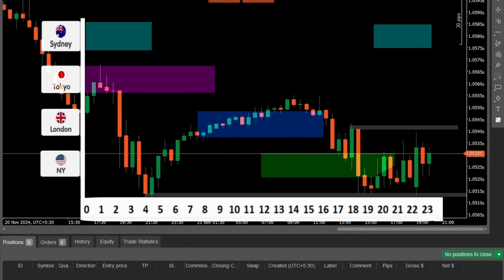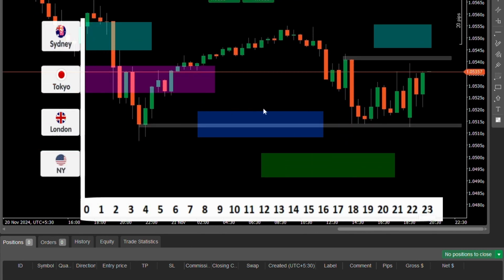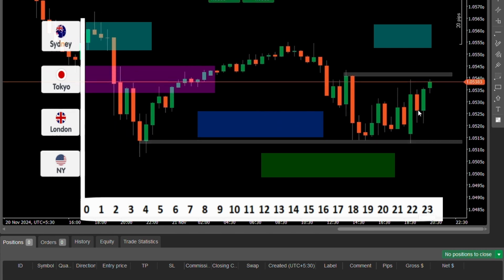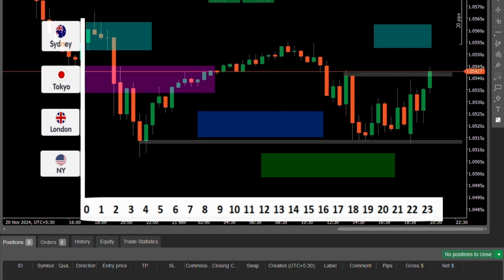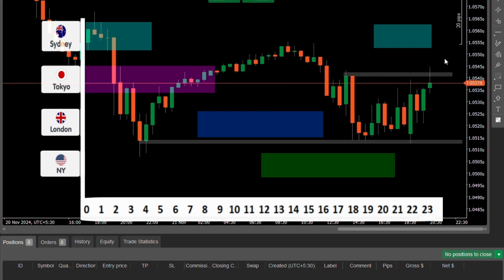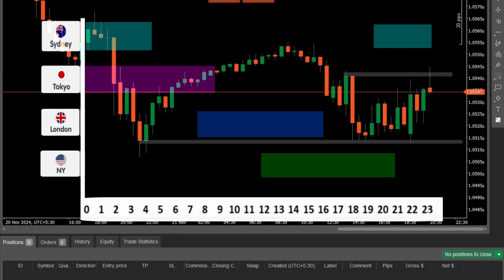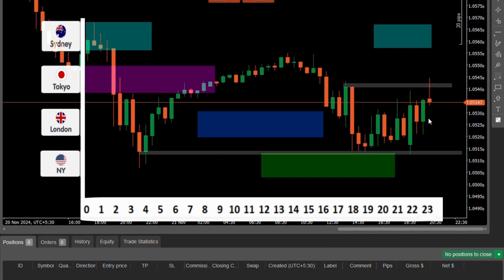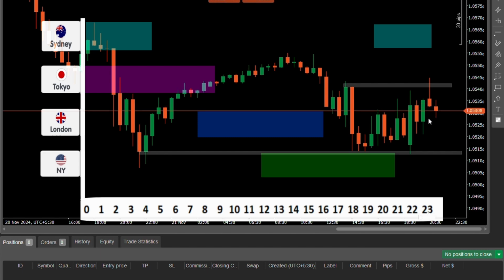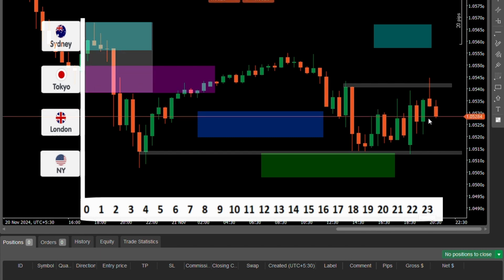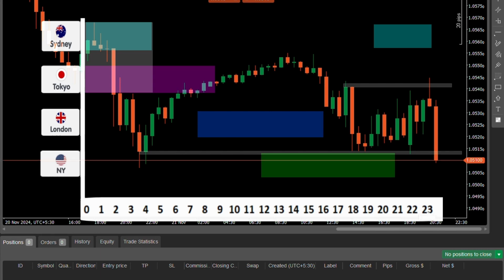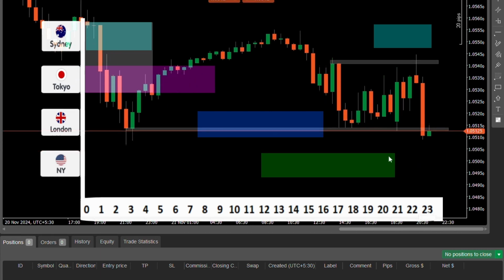Here we have the trading sessions overlap. The Sydney session opens at 8 p.m. and closes at 5 a.m. as per GMT, or in IST opens at 1:30 a.m. and closes at 10:30 a.m. The Tokyo session opens at 12 a.m. and closes at 9 a.m. in GMT, or opens at 5:30 a.m. and closes at 2:30 p.m. The Sydney and Tokyo overlap is from 5:30 a.m. to 10:30 a.m. This is the best time to trade in the Asian session.